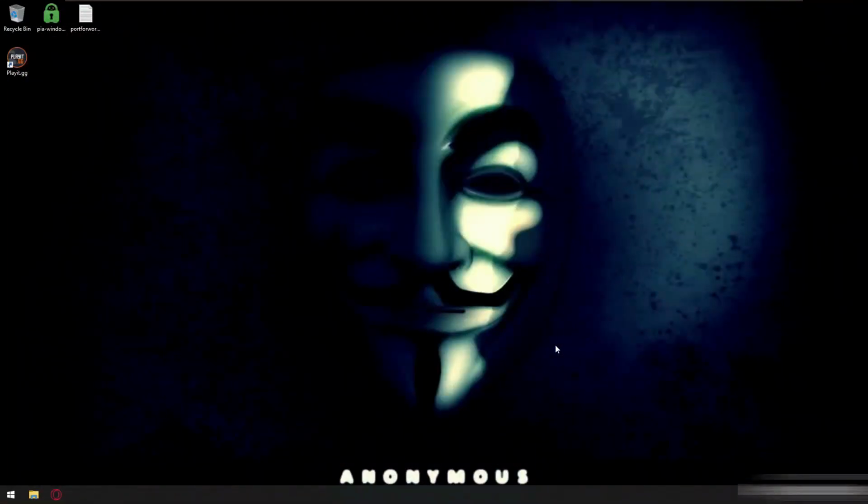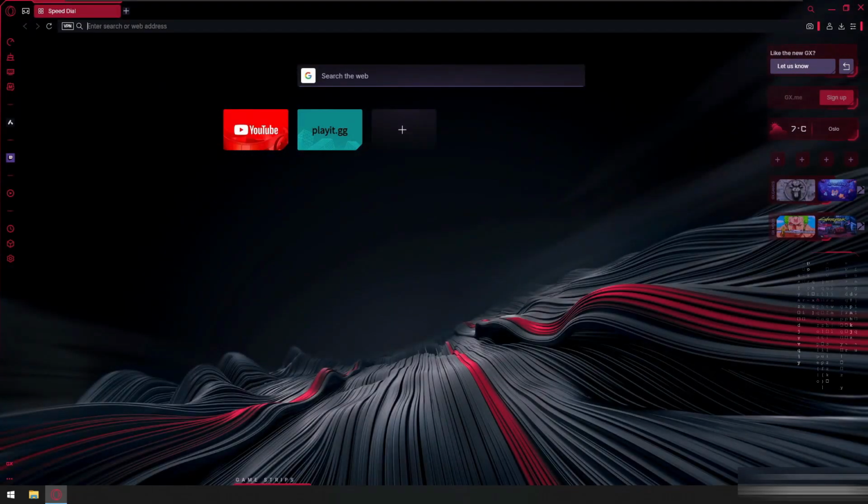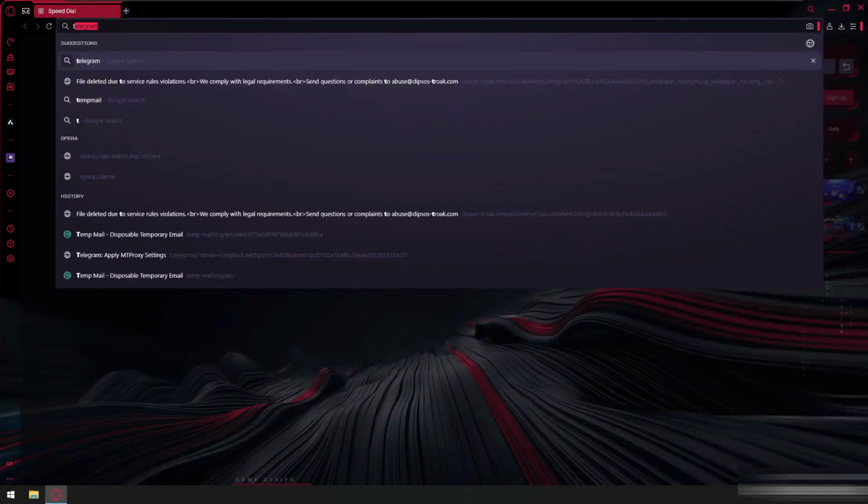In this video, we will do port forwarding of the port using PacketPort.io. So we'll start. First, we have to open any of our browsers, and then here we have to type